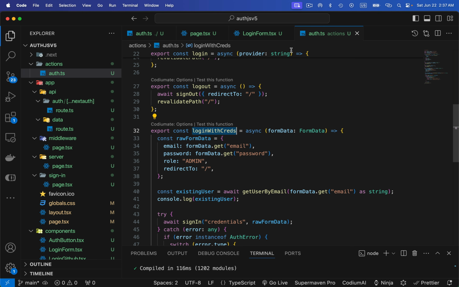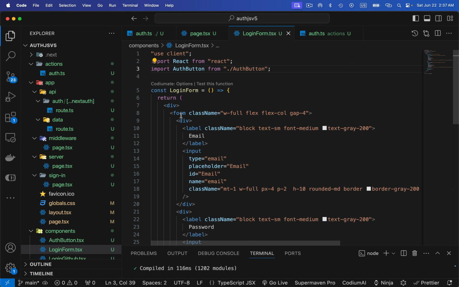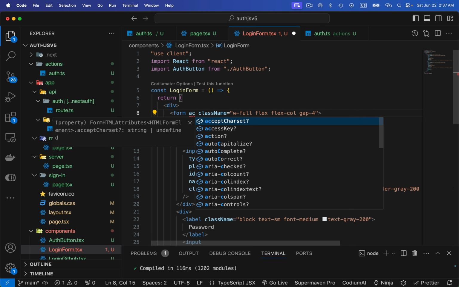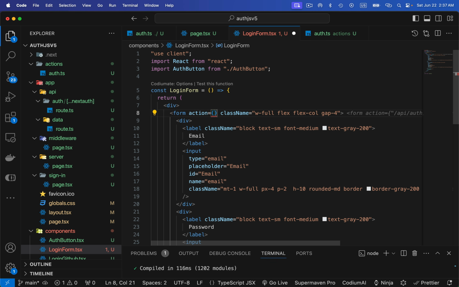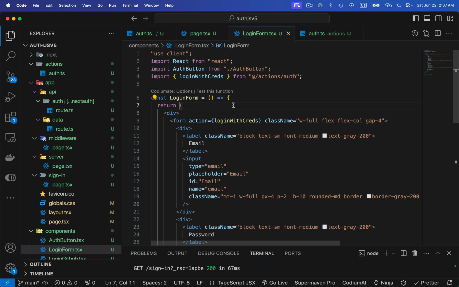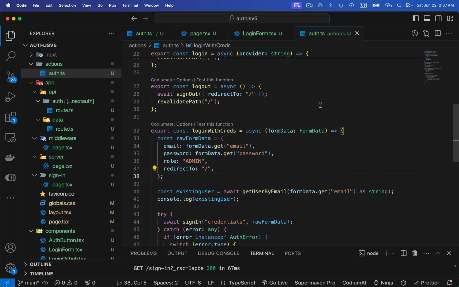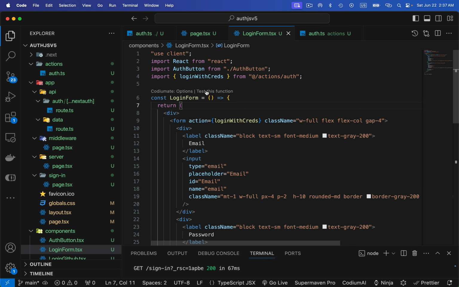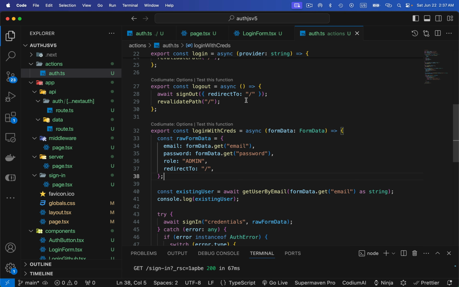Now we need to call this login with creds over here inside this form once it is submitted. So action equals login with creds. Okay, all right, so that is done. Now once this form is submitted, this is going to be processing this form, and this is where it is going to receive